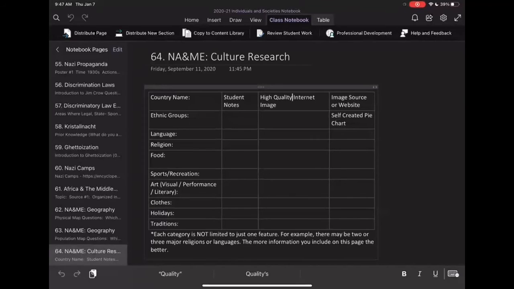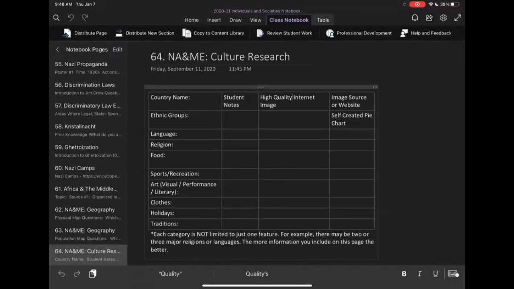Their movies, their TV's different, their clothes are different, the holidays they celebrate are different. You get to Thanksgiving and you're like, hey, I get a day off, but they're like, no, we don't celebrate that here. You don't get a day off, right? That's what we're talking about when we're looking at culture. That's what I want you to understand about these regions of the world. Okay? So that's what I want y'all to look at, and that's what this organizer is for.